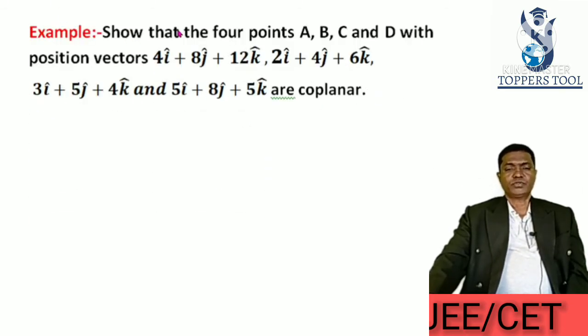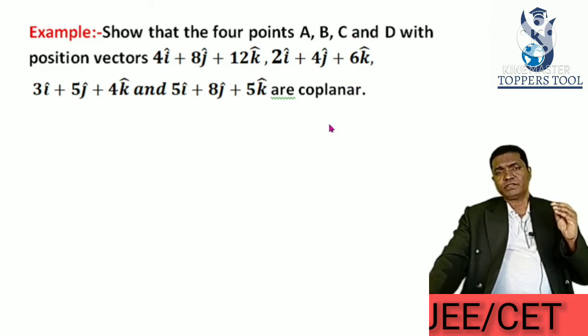So you are asked to show that the 4 points A, B, C, D with given position vectors are coplanar. You are given position vectors of the points A, B, C, D and you are asked to show that they are coplanar. One thing to be noted: either you will be given position vectors of the 4